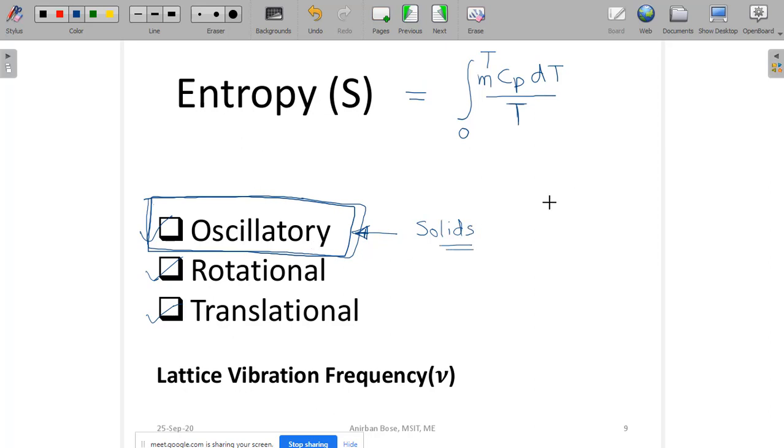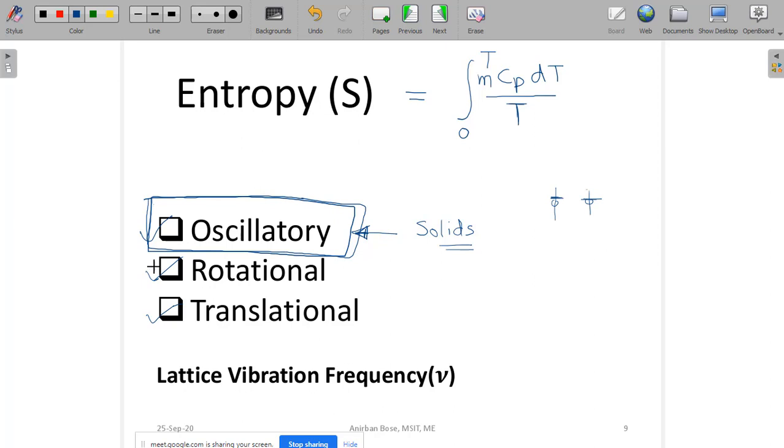As you know, within a material the atoms are actually moving with respect to their mean position, rather oscillating with respect to their mean position. This is the oscillatory motion. In this way, the energy is present within the material, and we call that energy thermal energy. That means if you increase the temperature, the amplitude of this oscillation and other things are going to change. So this oscillatory motion is basically manifested as the temperature when we measure it externally. So this motion is actually carrying the energy within the material in case of solids.